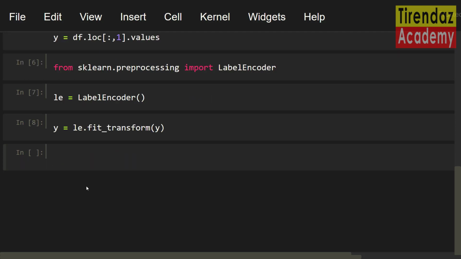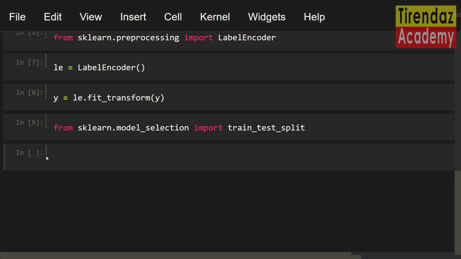Before building the model, let's split the dataset into training and test sets. To do this, I am gonna use the train_test_split function. First, let me import this function from sklearn.model_selection import train_test_split. Let's split our dataset using this function. X_train, X_test, y_train, y_test equals train_test_split.